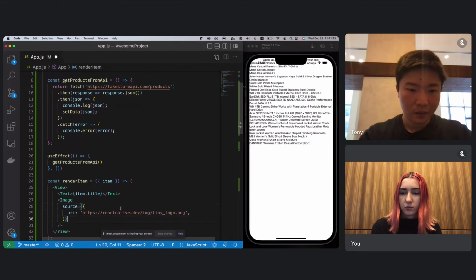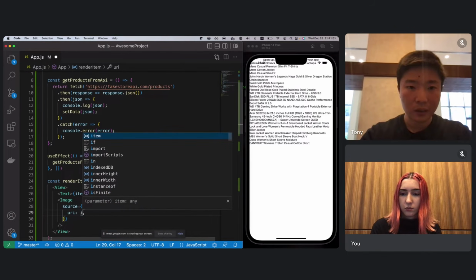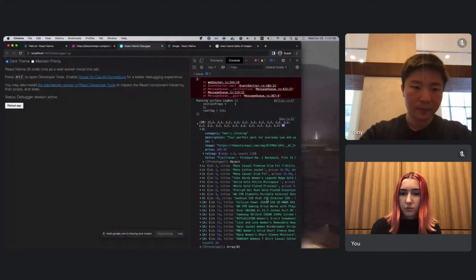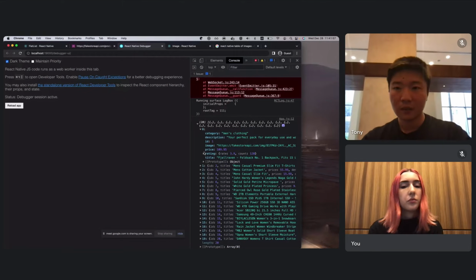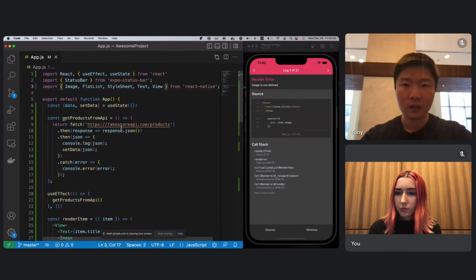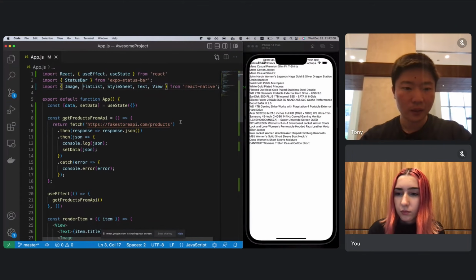Okay. And so for the URI, it would be item dot, is it called image? Okay. Oh, Image not defined. So go up here and import that.